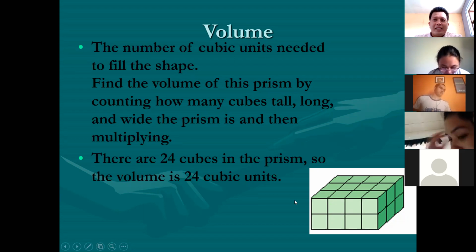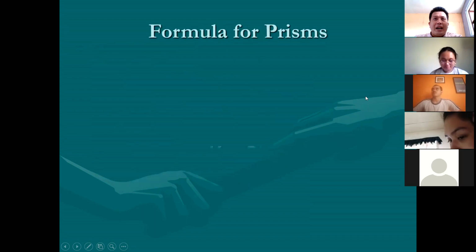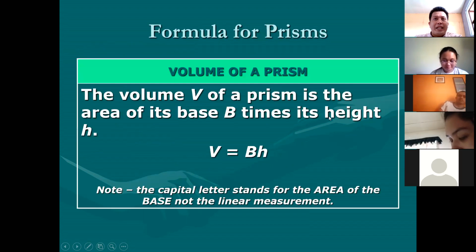Okay lang ba? Okay, so for volume, class, we have the example here for the general formula for volume. Just simply multiply the area of the base by the height. But there is an experiment again which is done. If you are going to compute the volume of a pyramid and a prism, 3 times that pyramid is equivalent to 1 prism.